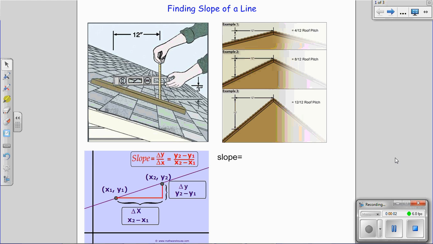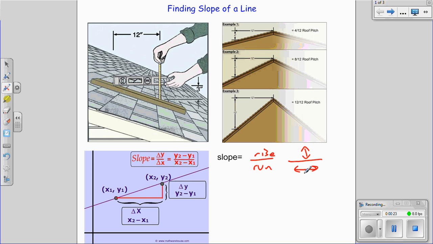Okay, this video is dedicated to finding the slope of a line. So let's first talk about examples. What is slope? Slope is a lot of times referred to as rise over run. What do we mean by that? We're talking about vertical displacement, how far it goes up or down, versus how far it goes left and